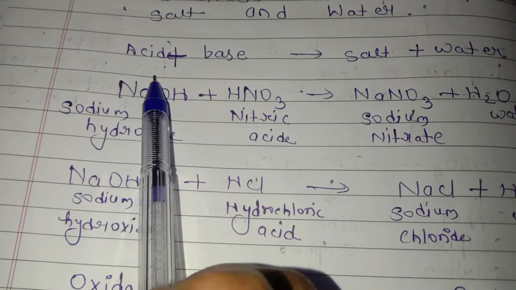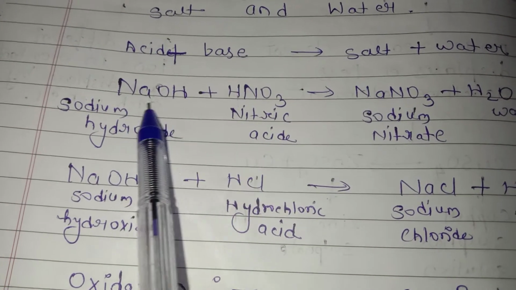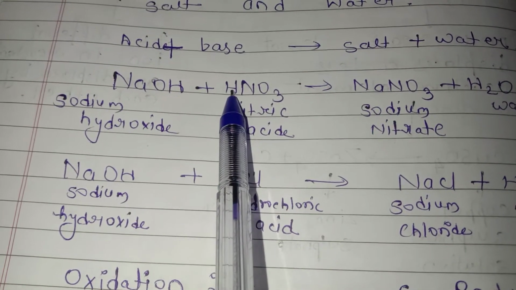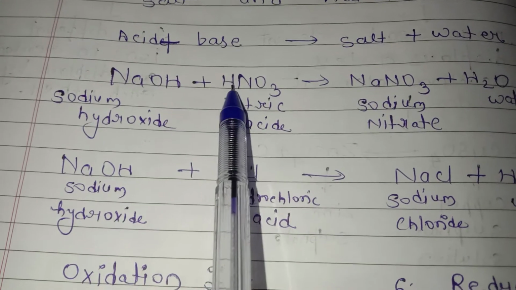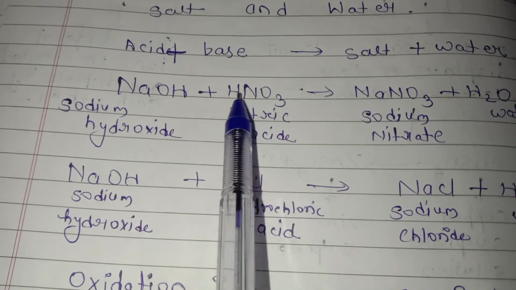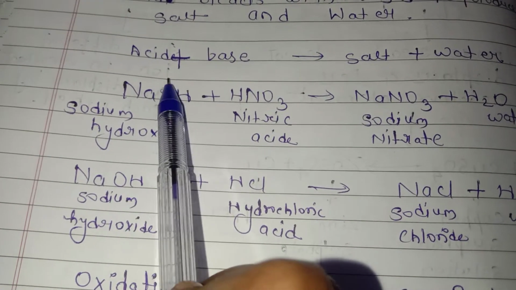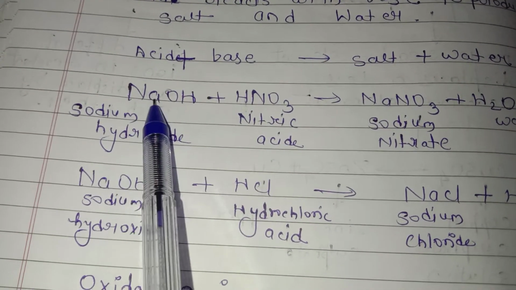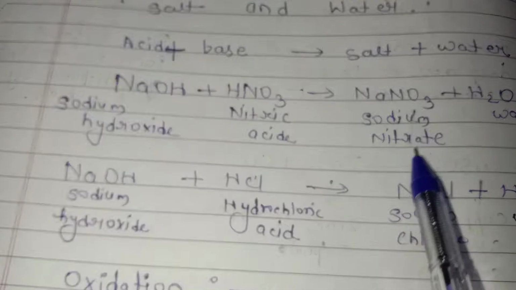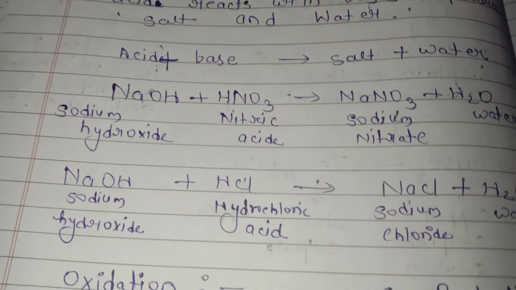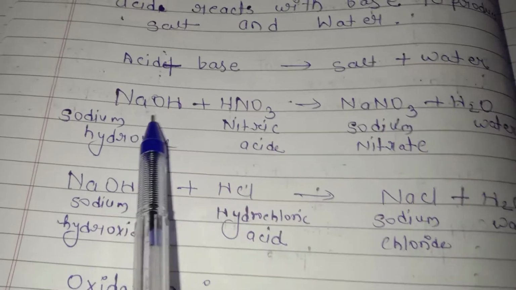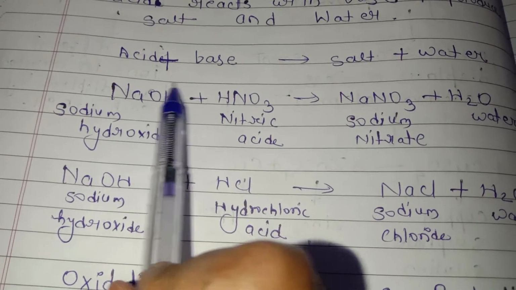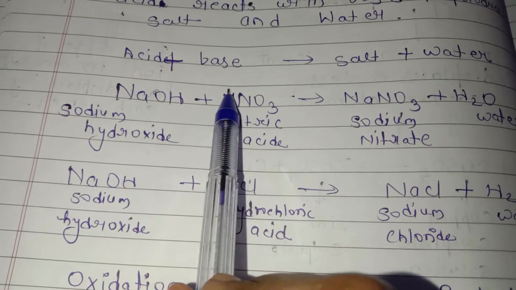It has come from here. So these two, OH and H, produce H2O. See, one H, two H. So it produces H2O. This part gives H2O. And this is what? NaNO3, that is sodium nitrate. So here sodium and nitrate combine with each other and water is released. That H2O is released here.